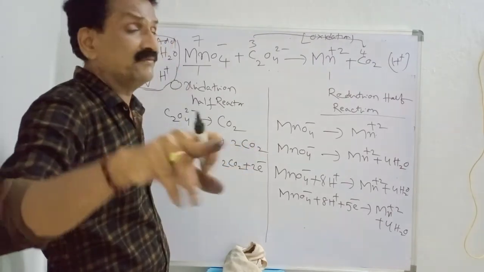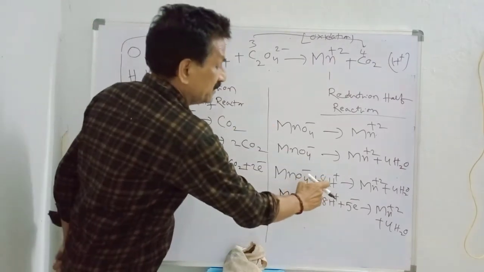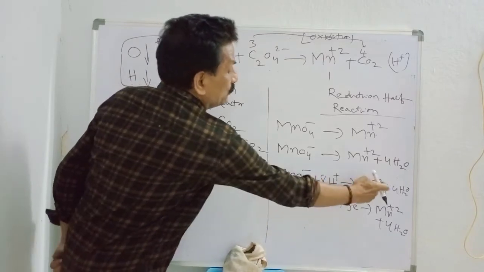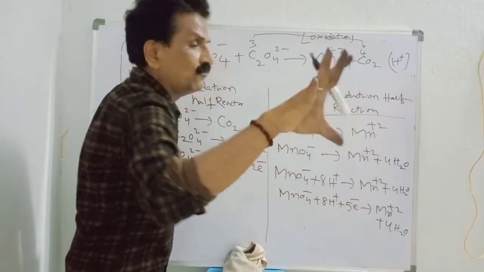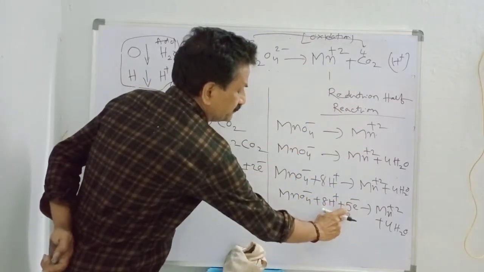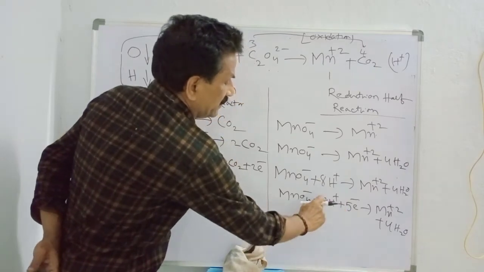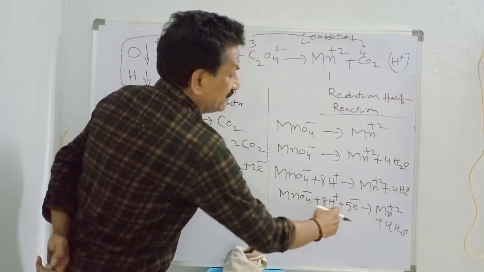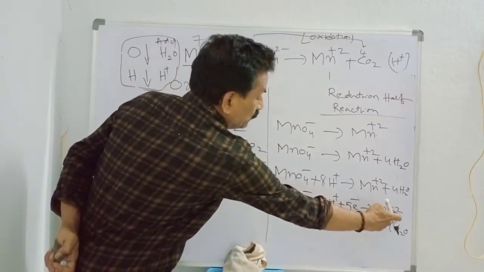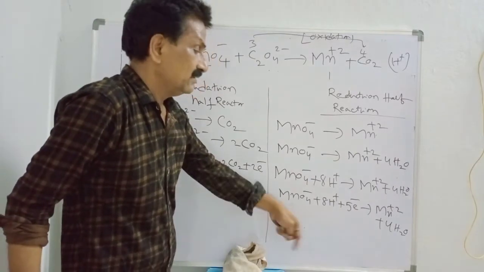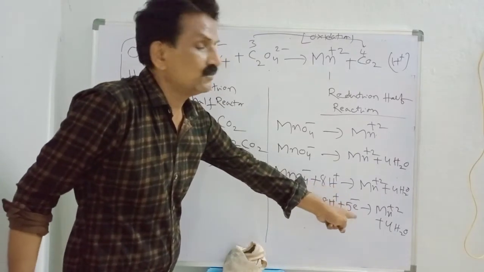Where positive charge is more, here positive charge is more. To compensate that, here 7, here 2, 7 minus 2, 5 electrons you have to add. So 5 electrons you have added. 8 plus 1 minus 7, here plus 2, 7 minus 2, 5 electrons. Losing 5 electrons, gaining 5 electrons you have added.